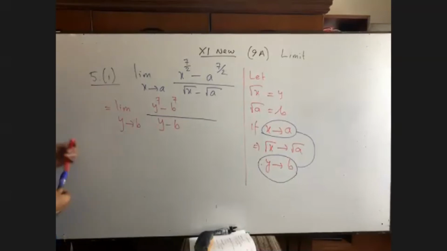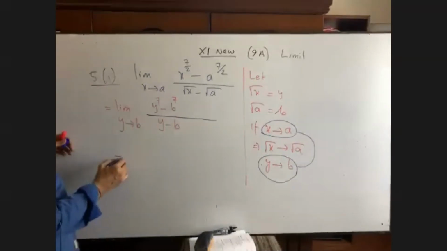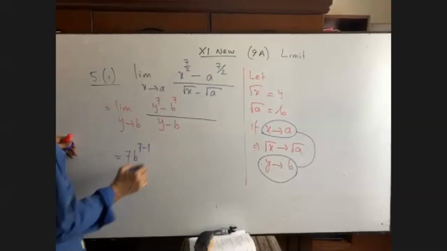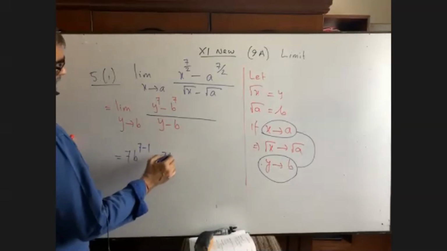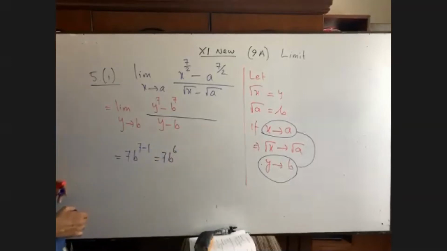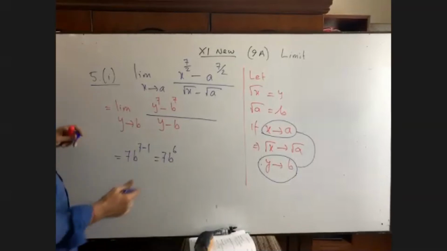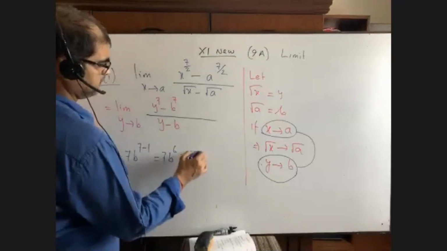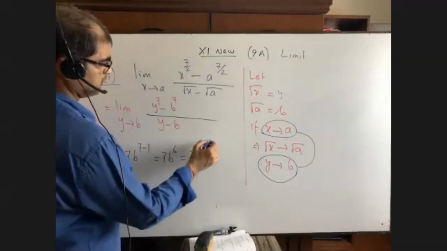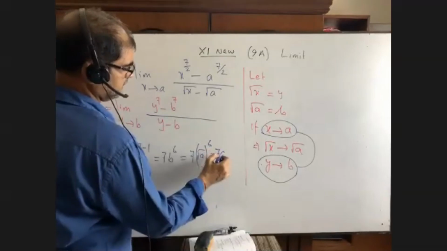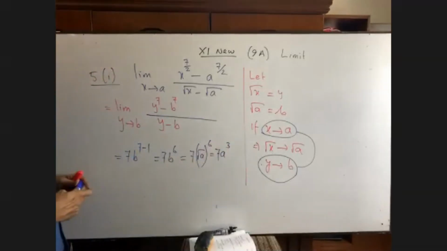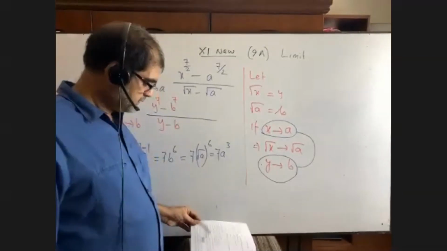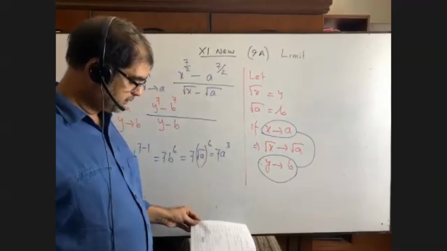You know what this formula is? Our math is done. Now let me know what you have done. Now what is the value of b? b equals to what? Root a, whole to the power 6. That is 7 a cube. Now you can ask me how and why we have done this. Question number 5, sir, 7 a cube.